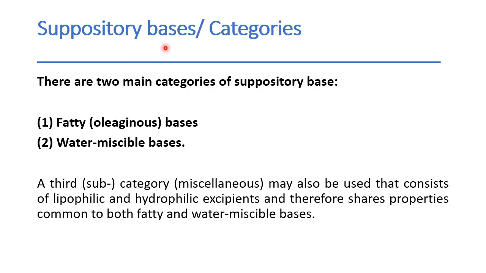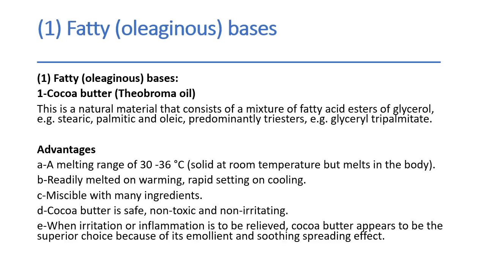Classification of suppository bases. There are two main categories of suppository bases. The first one is the fatty oleaginous bases, and the second one is the water-miscible bases. There's also a third subcategory, miscellaneous bases, that consist of lipophilic and hydrophilic excipients, and so share properties common to the fatty and the water-miscible bases. Talking about fatty oleaginous bases,